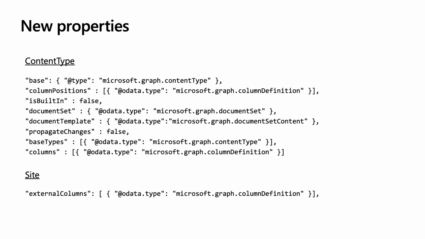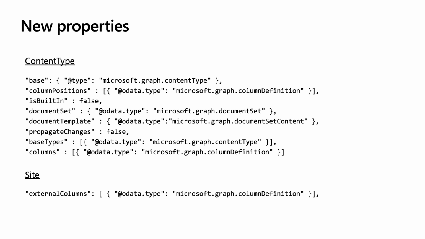Let's take a glance at some of the new properties that will be available. For the content type entity, you can see that we will be defining a base, which allows you to define the inheritance of the content type, and also additional properties such as the position of columns, whether it is a document set or document template, base types, and also a flag propagate changes, which you can use in any update request that will allow you to specify whether you want those changes to propagate to all derived site content types